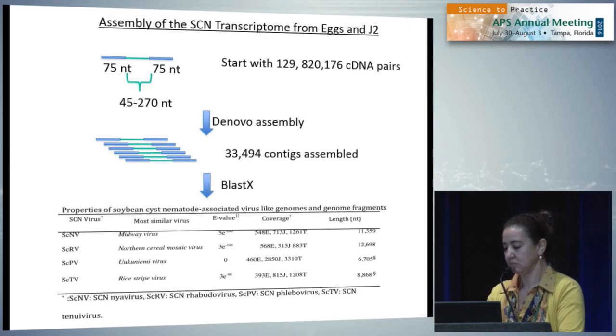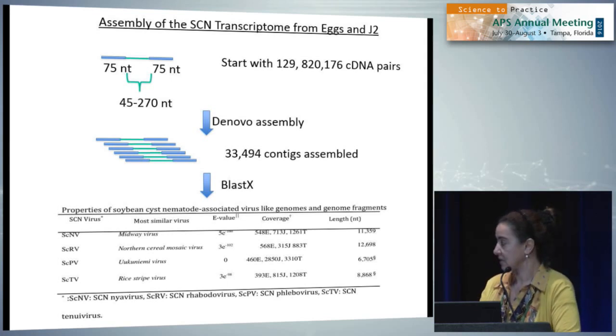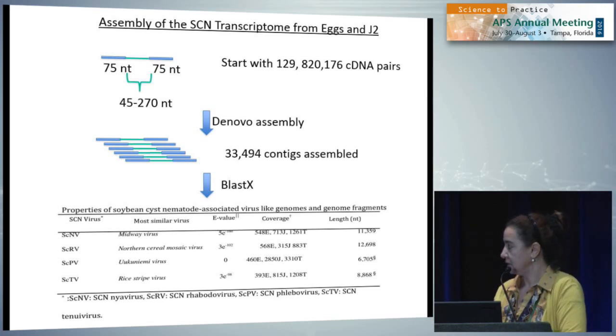The sequencing resulted in 33,494 contigs assembled, and those contigs were blasted against GenBank to look at homology in the database. So as you see below here in the table,